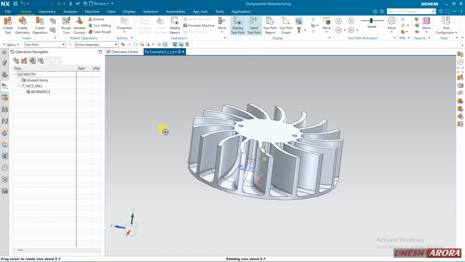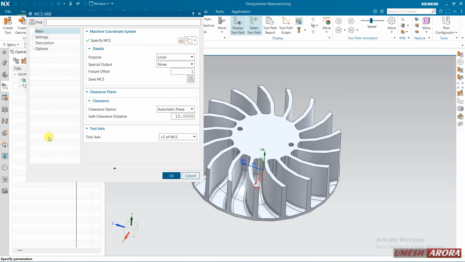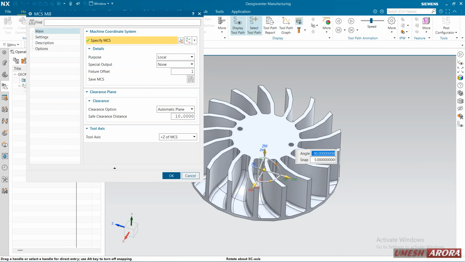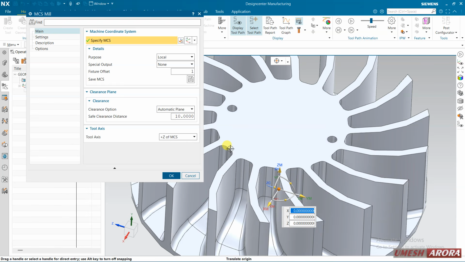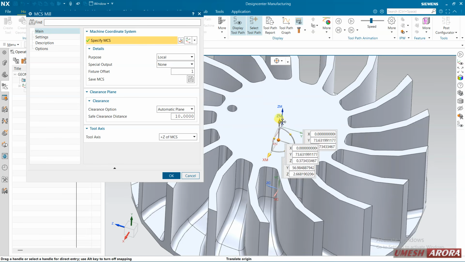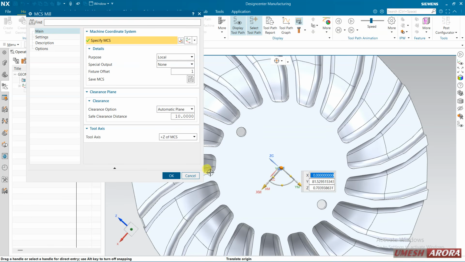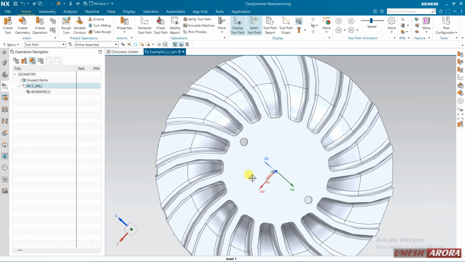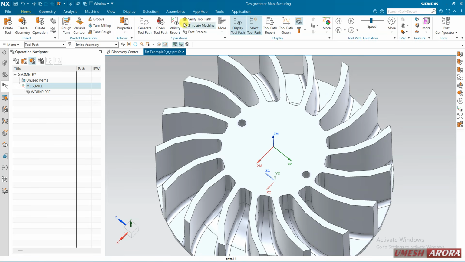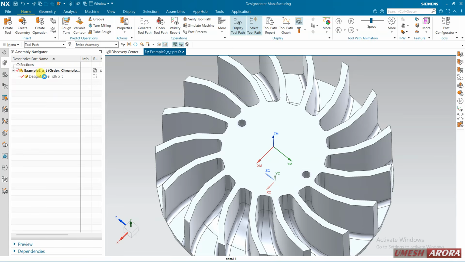See the MCS. First of all, the MCS position is not proper, so click here and click -90 so that the Z will be properly placed, and I want this to be placed at the center of this part. So I'm trying, still it is not coming. I don't know why. Maybe this is not properly cylindrical, that's why. Okay, so cancel it and go to this part